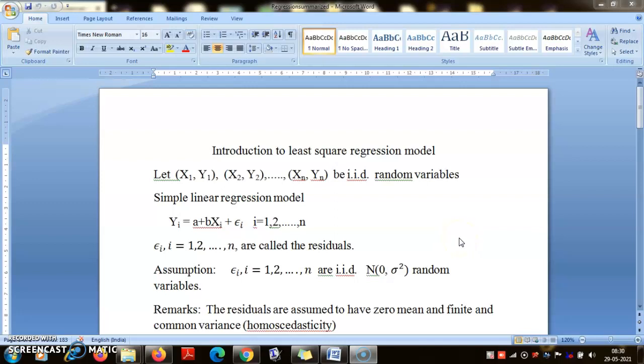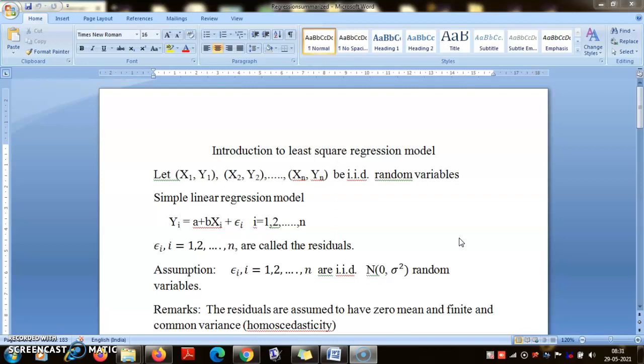Hello, this is a brief introduction to the simple linear regression model under the assumption of homoscedasticity, and this is known as the random design model to be more precise. So here I have got pairs of random variables x1, y1, x2, y2, ..., xn, yn. They are assumed to be IID. Y is supposed to be some effect and x is supposed to be some cause.